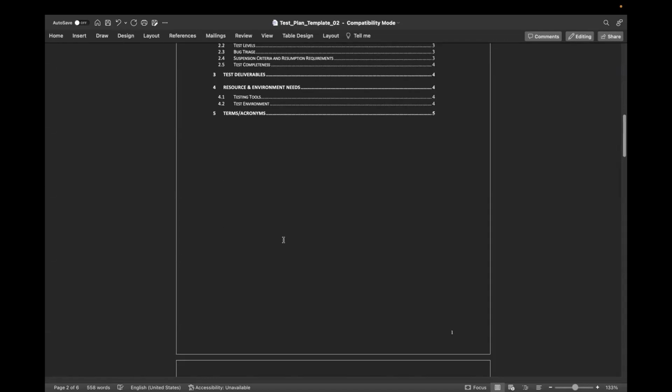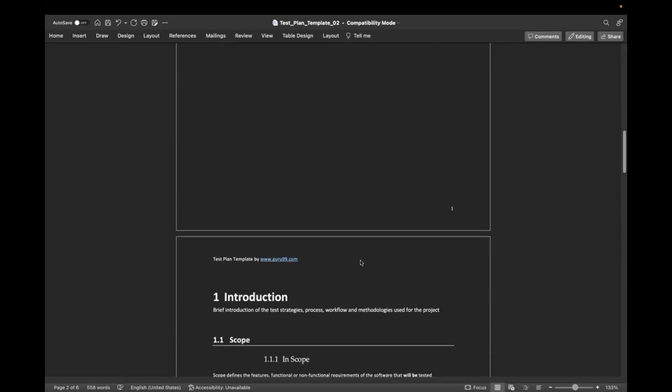So let's say, for instance, if you are using Azure DevOps, some people call it ADO. So you can write ADO and say, okay, this is Azure DevOps. There are lots of acronyms as well. If you have API, the full meaning of API is application programming interface. You have AUT, which is application under test. These are your terms and acronyms. You want to define them so that when a non-technical person is reading your test plan document, they can understand.